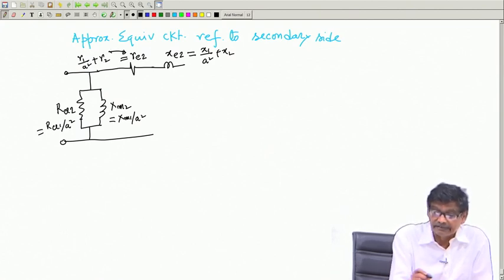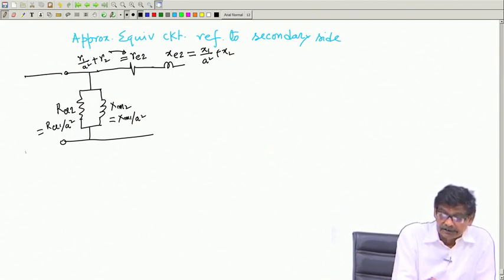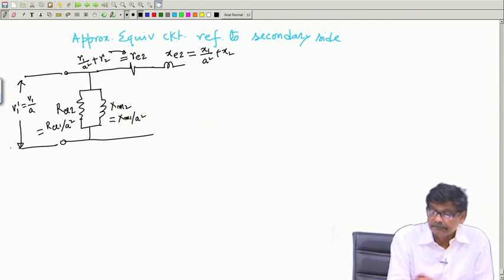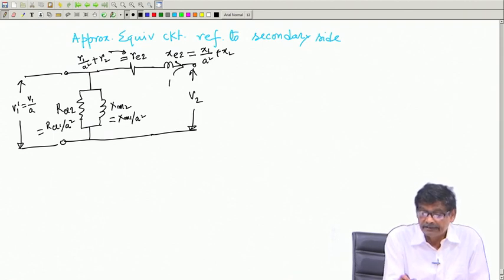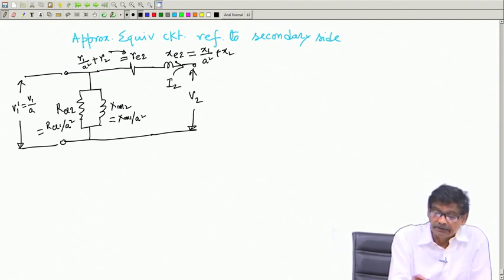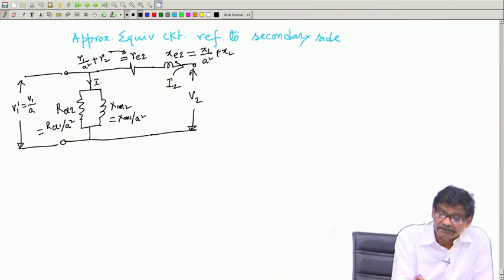This resistance, and this voltage is certainly not V1 now, it is V1 dashed, which will be equal to V1 by A, and this voltage will be your V2, and this current is the actual current I2,